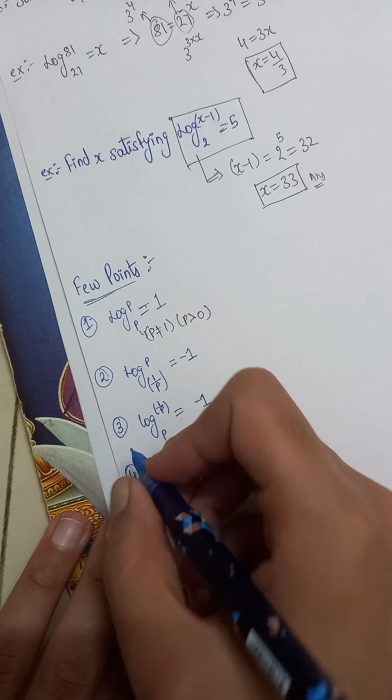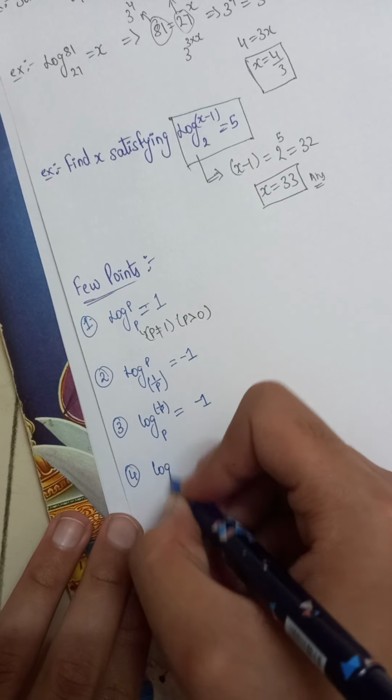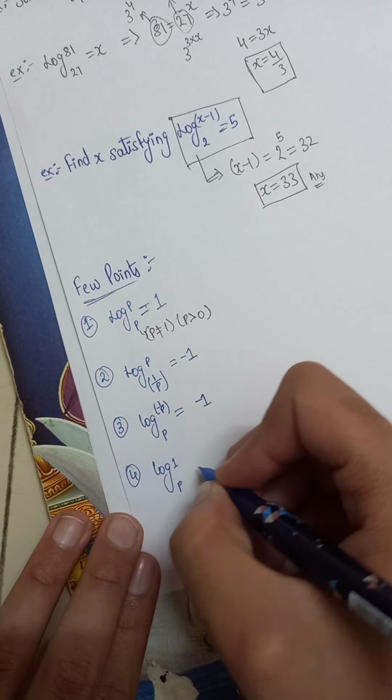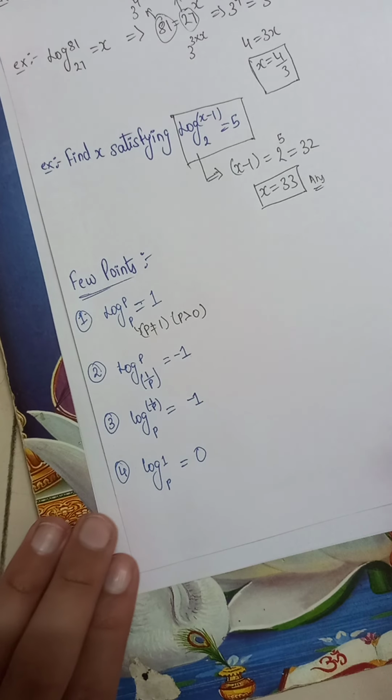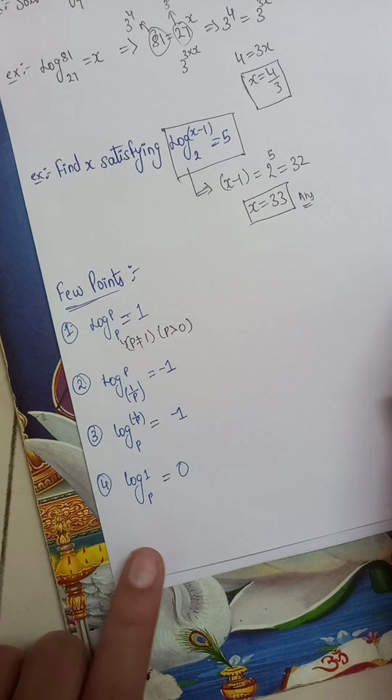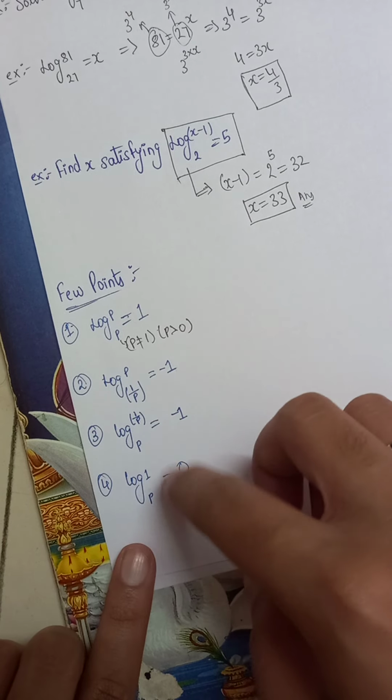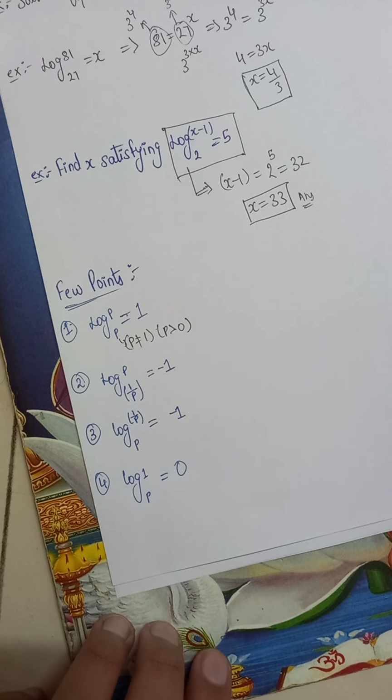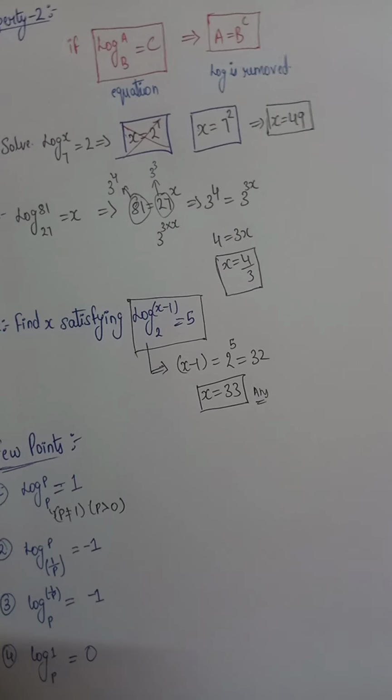Fourth one, log 1 to the base p is actually 0, because according to exponents, anything to the power 0 is equal to 1. So the answer to this question is 0. Okay,